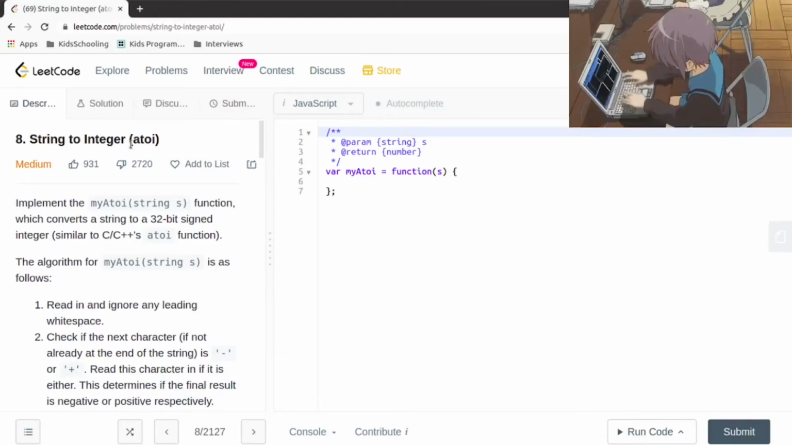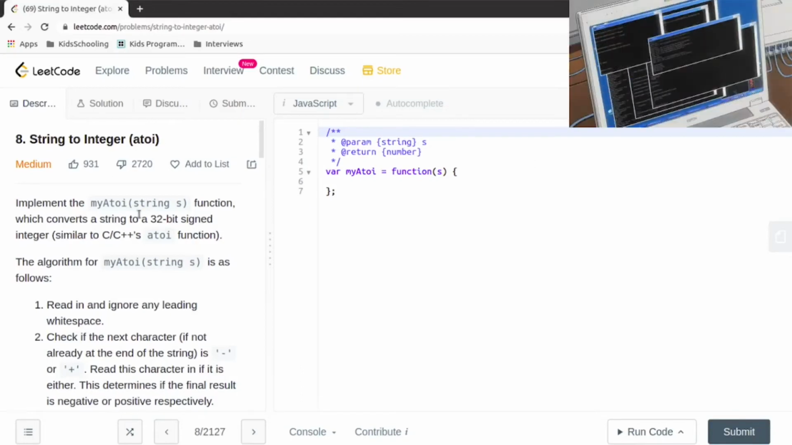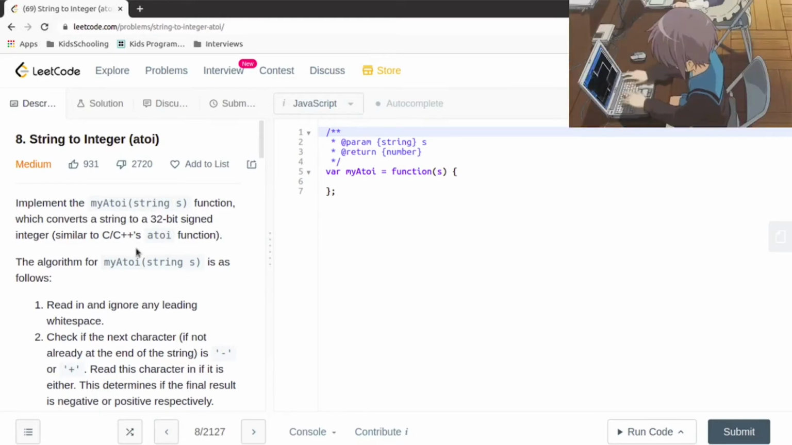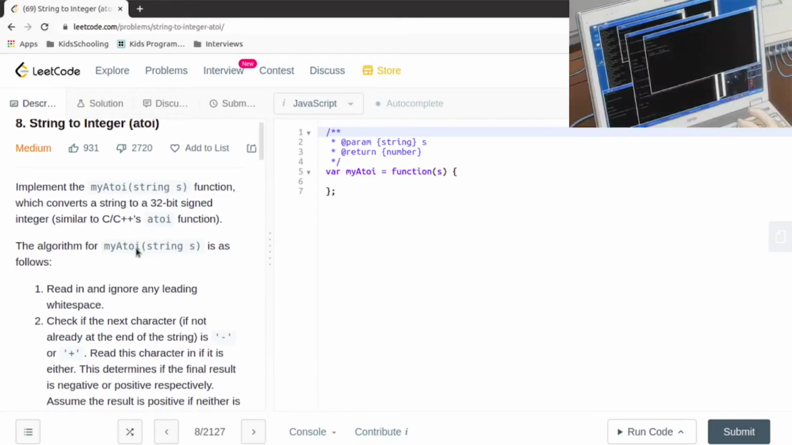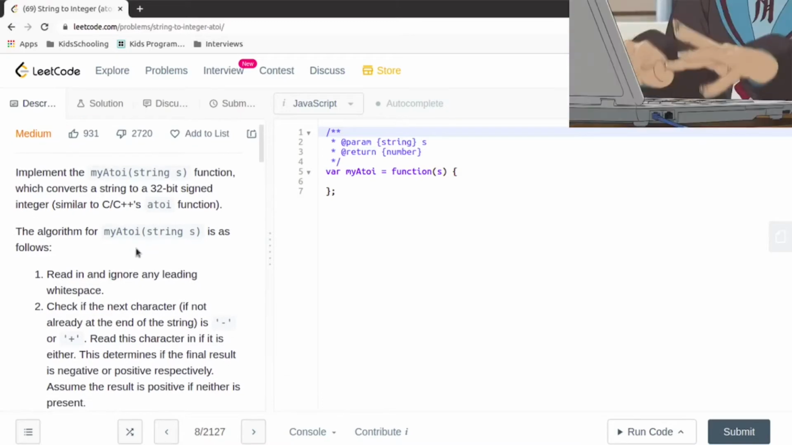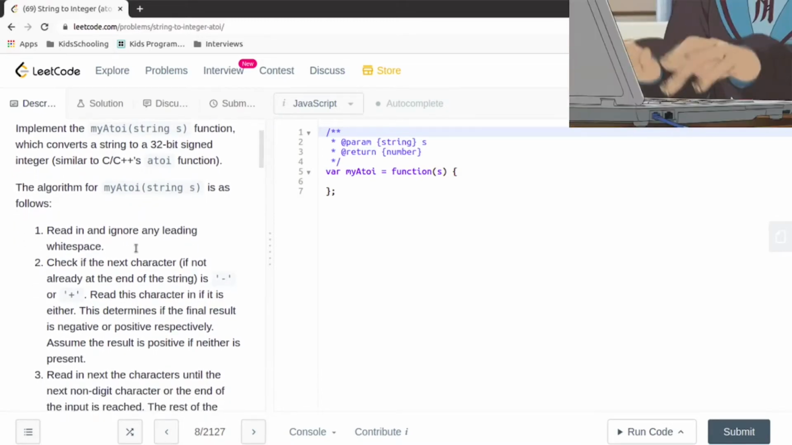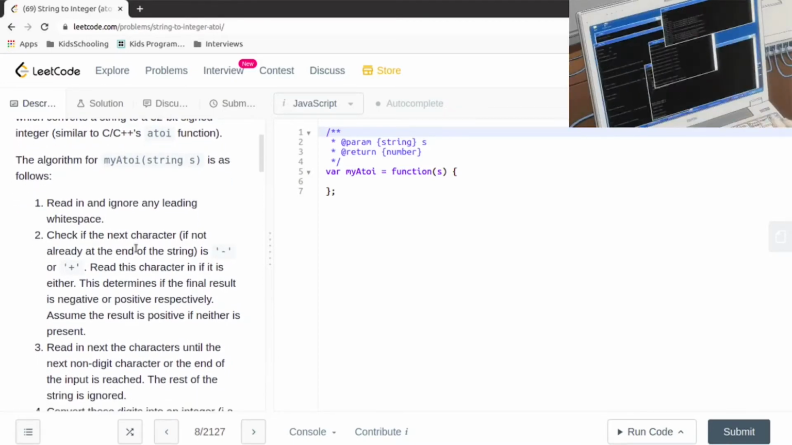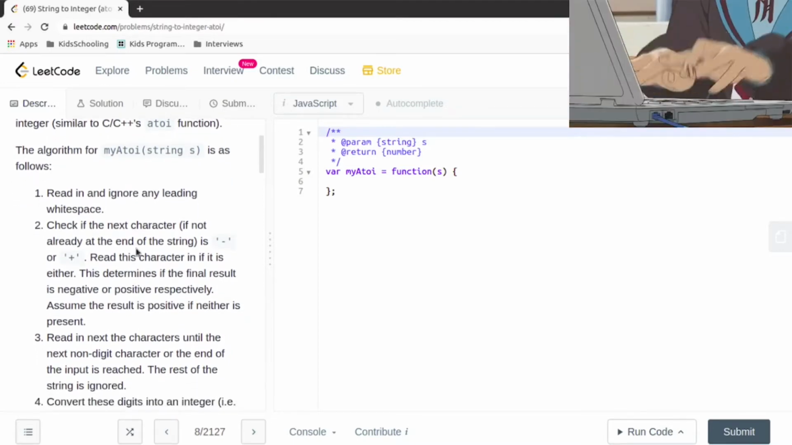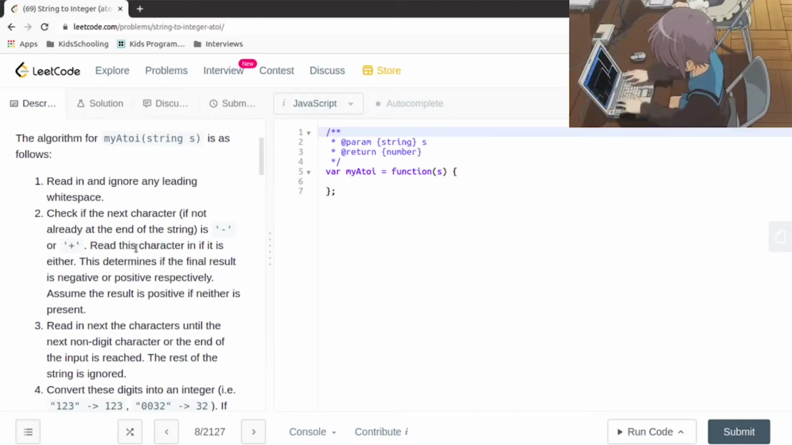Today we're going to be working on Leetcode question number 8, string to integer. So basically we are trying to implement a function like atoi, which takes a string and converts it to an integer. So over here there are a bunch of